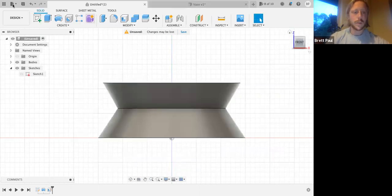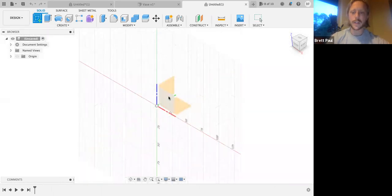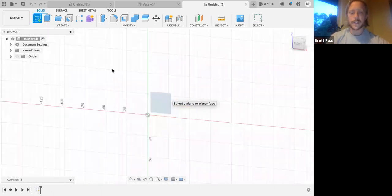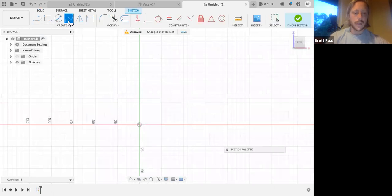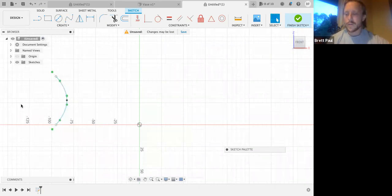Now we're going to open up a new design. I'm going to create a sketch on the front face, and we're going to go over a very simple spline. Okay, it's only going to have one point in the middle, if you will. So it'll be 3 points total, 2 endpoints and a point somewhere inside. And we're going to go over fully defining that in the same way as we did in the first video,